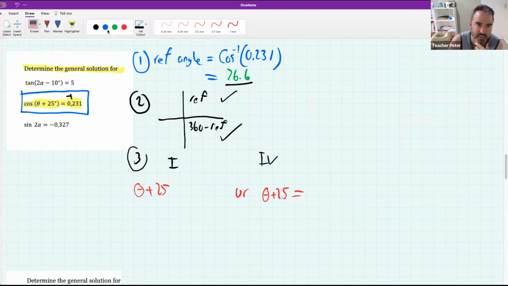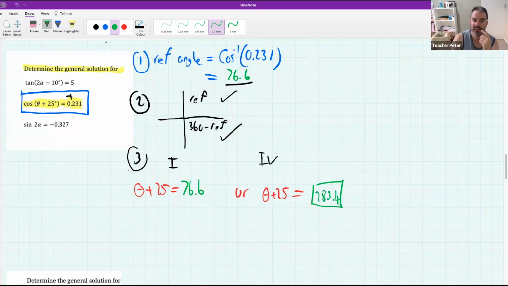Now, here's the thing that we watch out for. In quadrant 1, it's just going to be equal to 76.6. But in quadrant 4, what is it going to be equal to? So in quadrant 1, theta plus 25 is 76.6. But in quadrant 4, what is it going to be equal to using the ideas that we've learned so far? Pop your contribution in the chat. Thank you, really. Indeed, it will be 360 minus 76.6, which gives me